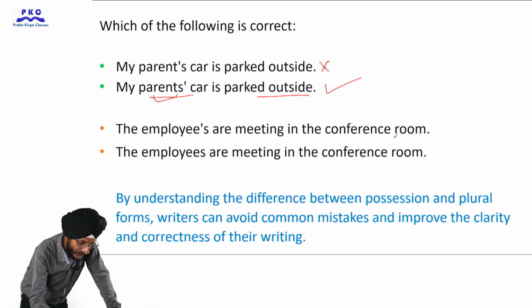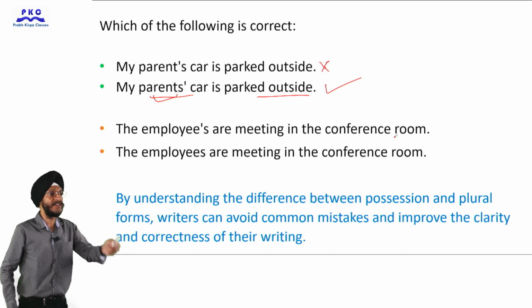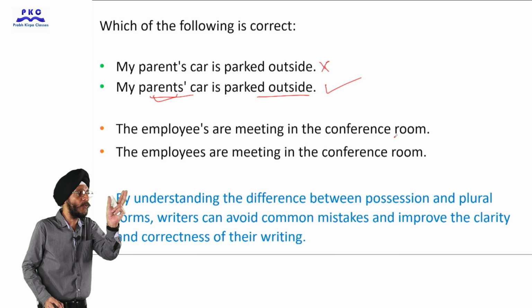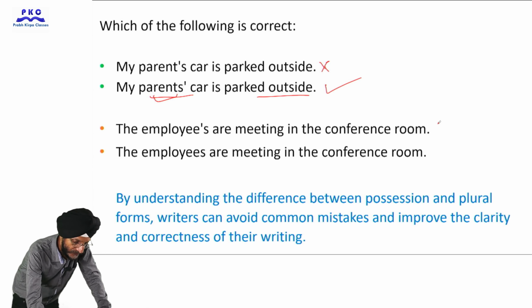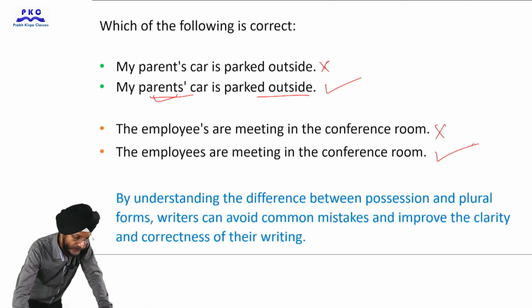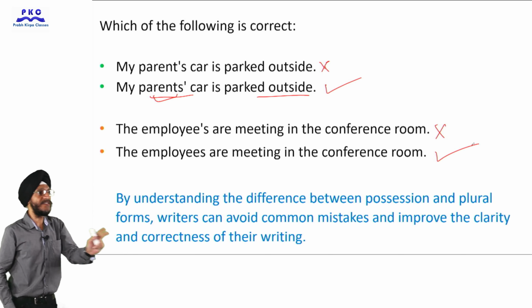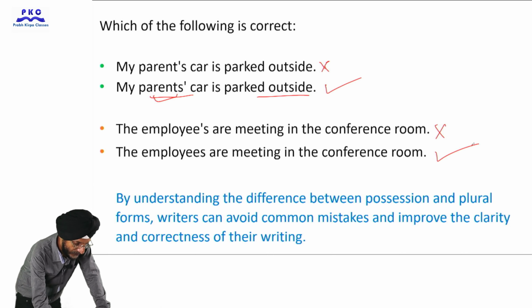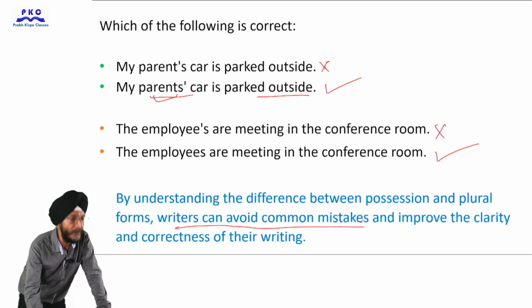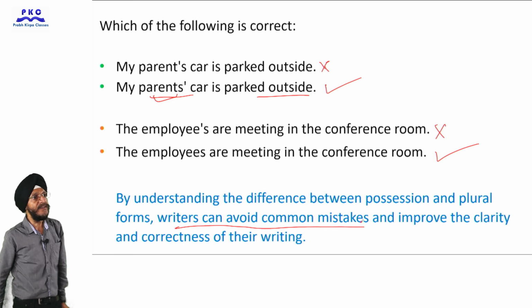The employees are meeting in the conference room. It means that more than one employee. That is, plural form is to be considered and not the possessive form. So here it is wrong. It is okay. By understanding the difference between possessive and plural forms, the writers can avoid common mistakes and improve